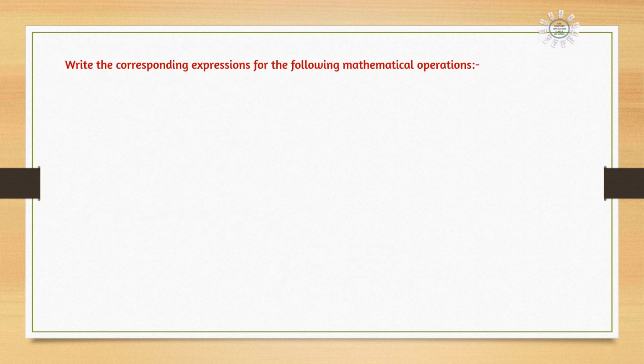The next important type of question is: write the following mathematical expression in Java format. Students, if you see last year's paper, at least 1 to 2 questions like this will come. So let's solve some questions and see the common mistakes many of you make. Here a square plus b square, we can use the Math.pow function. Many of you, while writing Math.pow, by mistake write M in small letter. So half to 1 mark can go in that case. Java is a case sensitive language, so when you write in Java format, you should use proper case also.